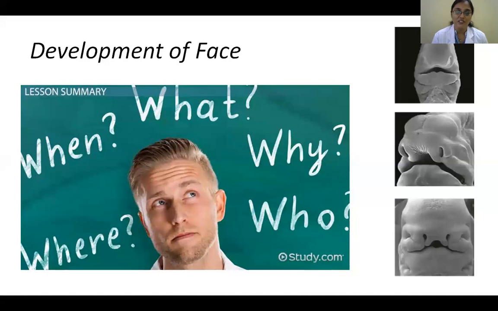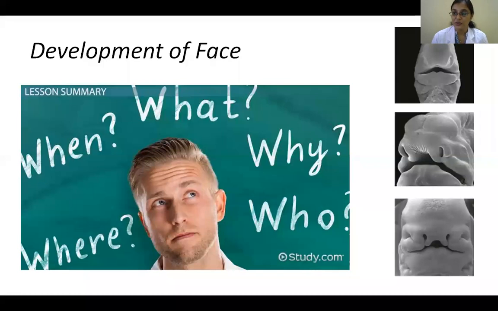You know the parts of your face, and this face is formed of so many prominences. They form around a central part, which we can take as the stomodeum. The stomodeum is an ectodermal depression around which many prominences develop, and all these fuse together to form the face. These prominences are nothing but condensed mesenchyme, so the mesenchyme is proliferating. There are a total of 5 prominences developing around your primitive oral cavity that result in forming your face.